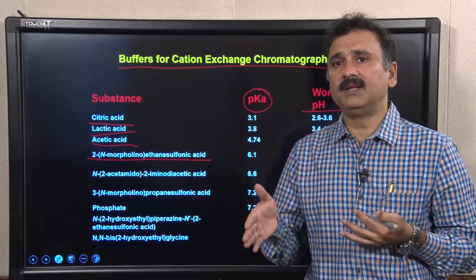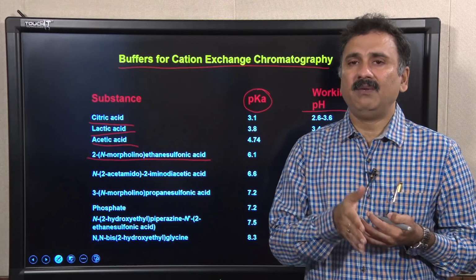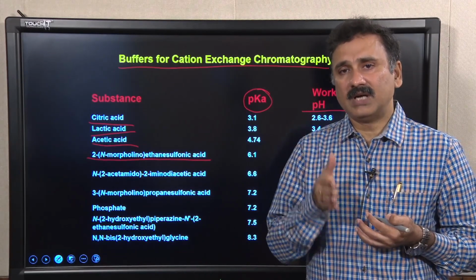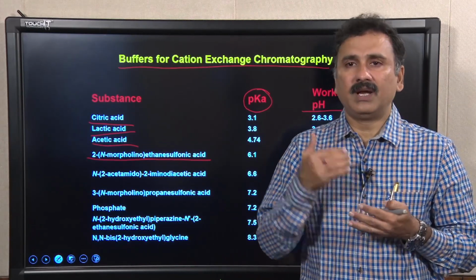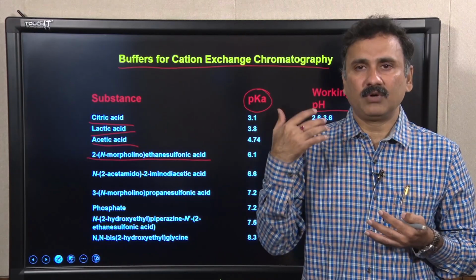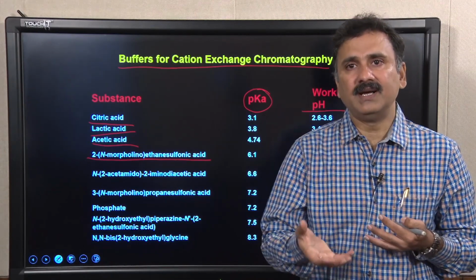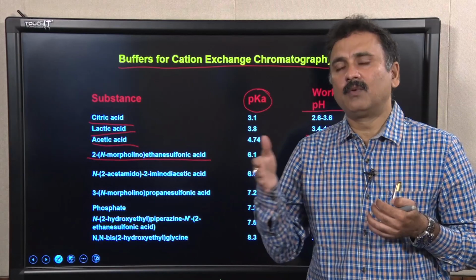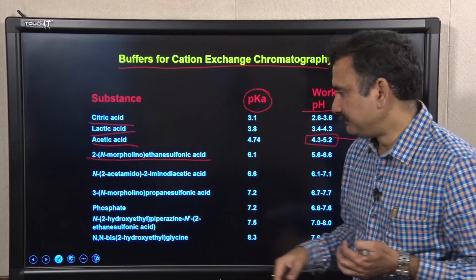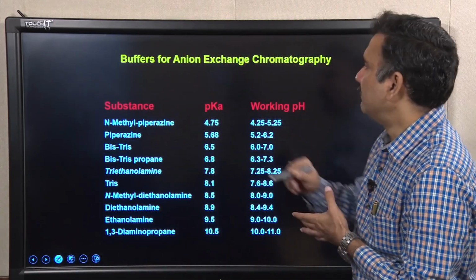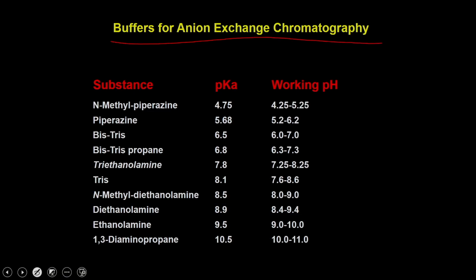Because what you do not want is the elution to be done simply by varying the charge on your protein itself. What you want is that you can put sodium or chloride as competitive counter ions, so that it follows the basic principle of ion exchange chromatography. Similarly, you have different types of buffer for the anion exchange chromatography. The only thing you have to consider is the pH range in which you are interested to work.